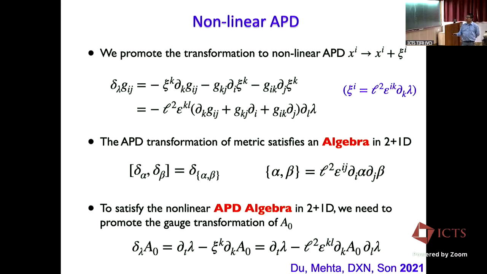If I want to have a nonlinear transformation of the background A0, I also need to promote the transformation for the A0. And actually in fractional quantum Hall, we will see later that this is a transformation of the background metric, and this is a transformation of the background scalar potential after you do a U(1) gauge transformation plus diffeomorphism. So this symmetry, you can derive in fractional quantum Hall. We will show later that it's identical. Any question?